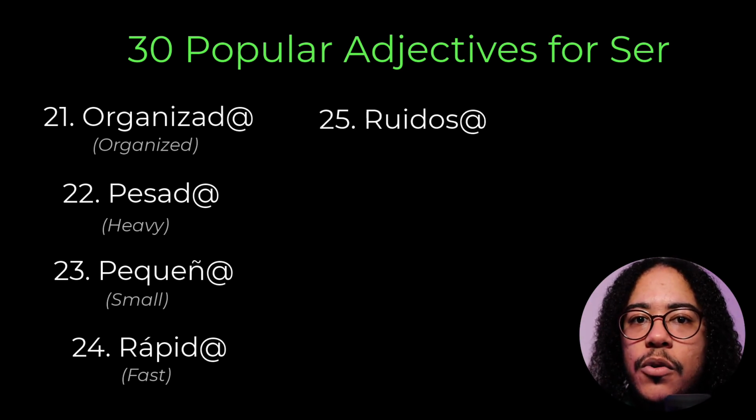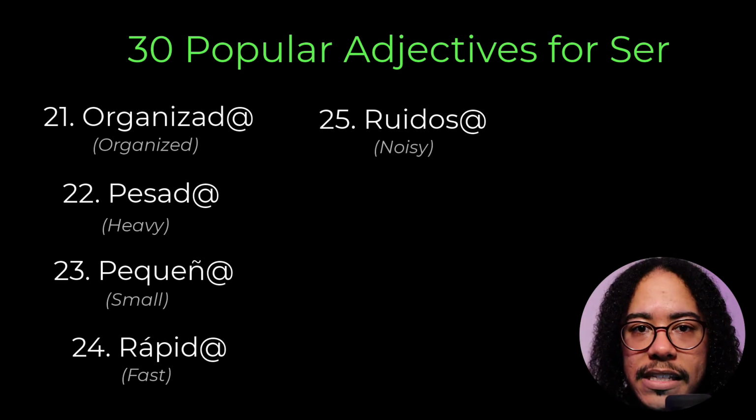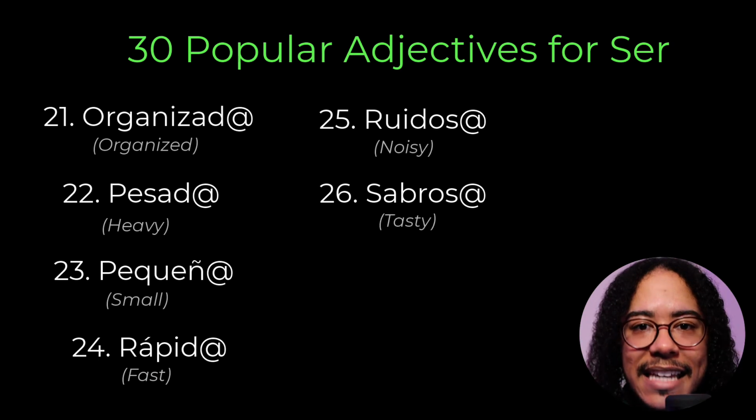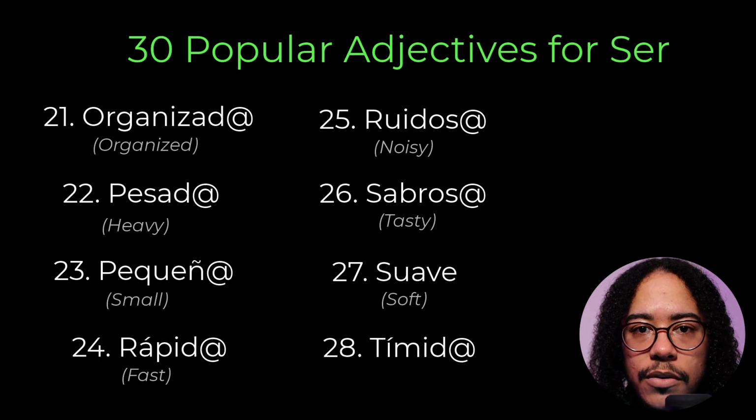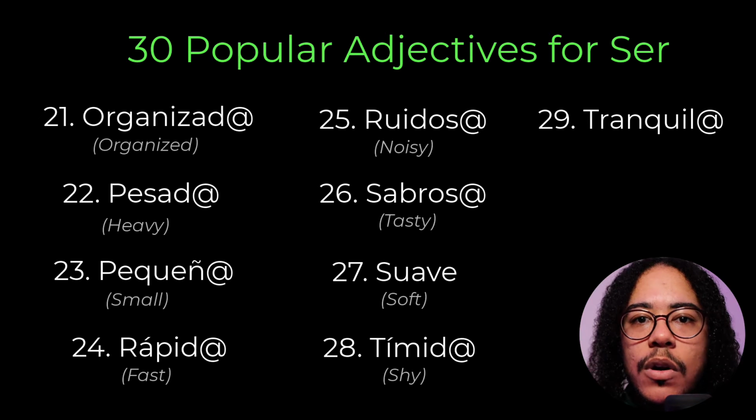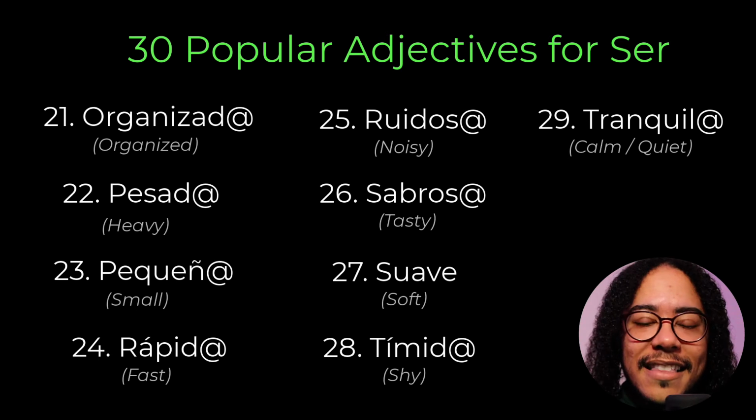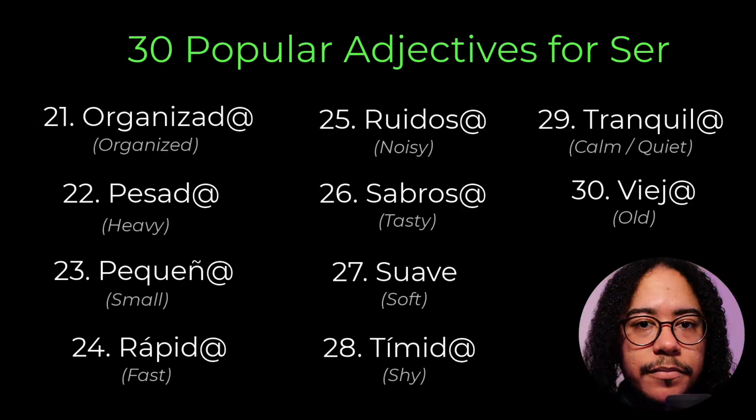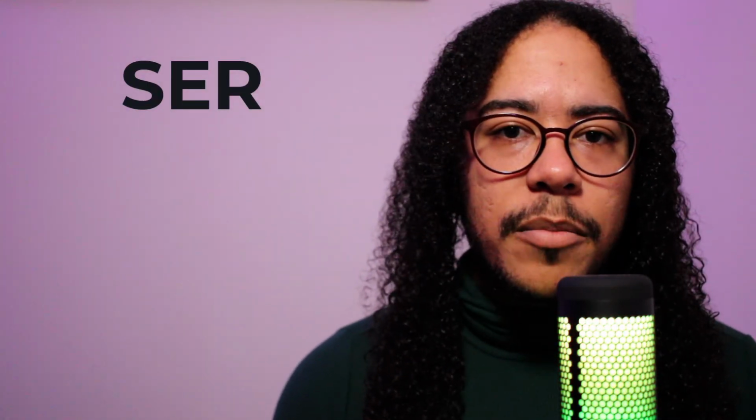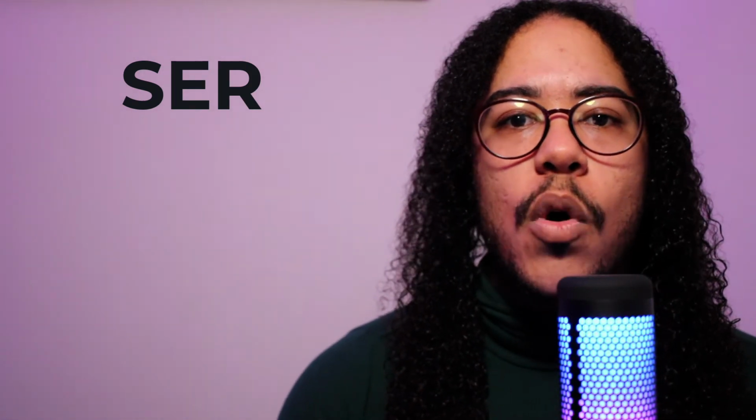Ruidoso or ruidosa is noisy. Sabroso or sabrosa, tasty. Suave, soft. Tímido or tímida, shy. Tranquilo or tranquila is calm or quiet. And lastly, viejo or vieja is old. So those are 30 super popular adjectives that you can use with ser to describe something or someone's more permanent